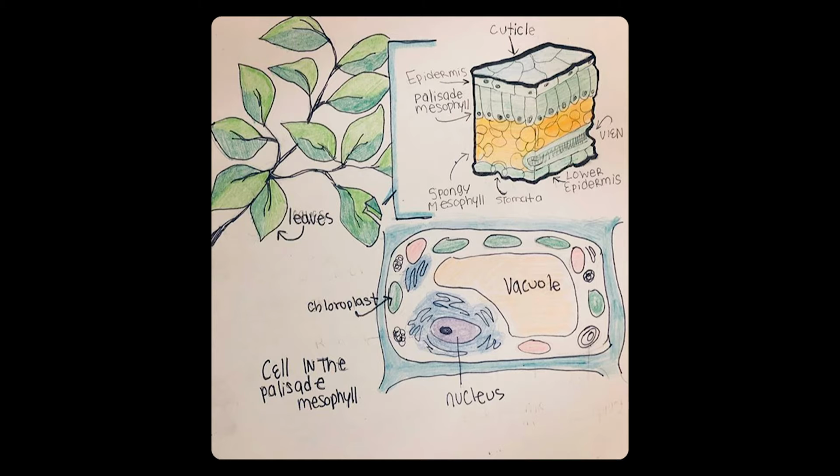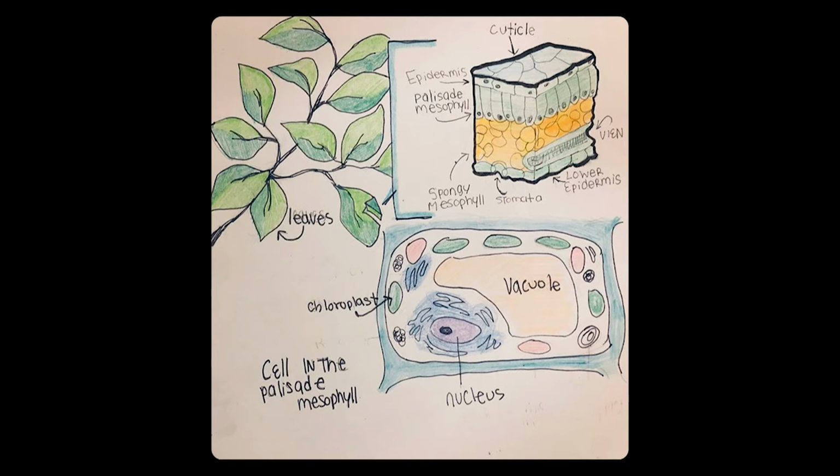On the very top is the cuticle, which prevents water evaporation. Underneath lies the upper epidermis, acting as a barrier between external environments and the plant. You see the vein, where the xylem and the phloem transport sugar and water, and on the very bottom you have a lower epidermis, along with the stomata that use guard cells to help filter what comes in and out